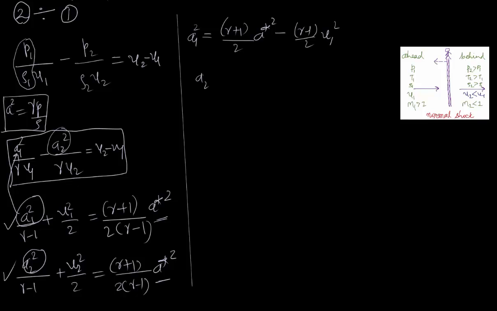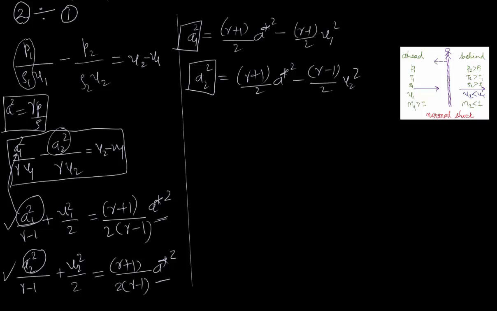Our A2 square will become gamma plus 1 by 2 A star square minus gamma minus 1 by 2 U2 square. We will put this A1 square and A2 square in our equation number 1. By putting it and by simplification, we finally get